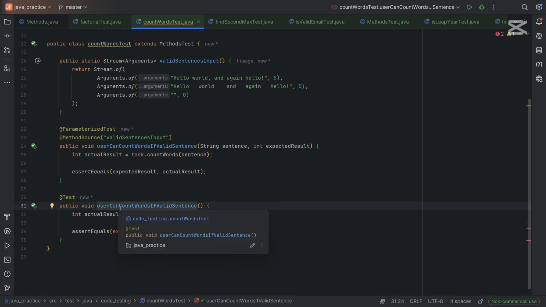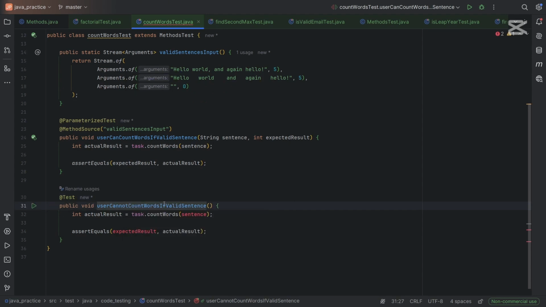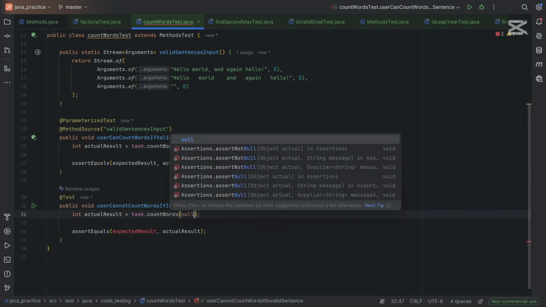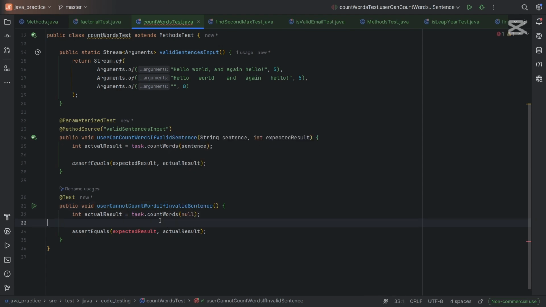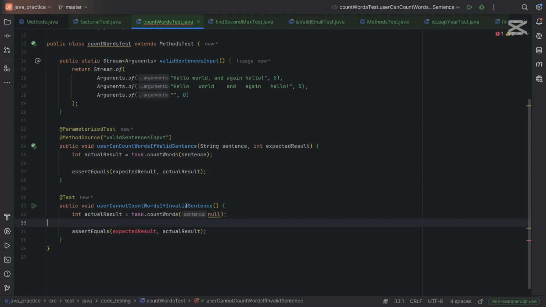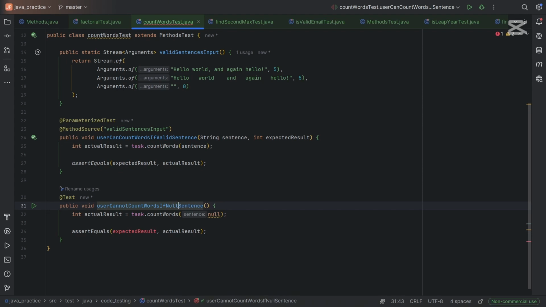I will say user cannot count words if invalid sentence. So our sentence is null. Let's say null sentence. If null sentence,